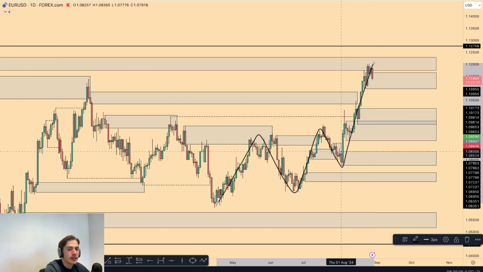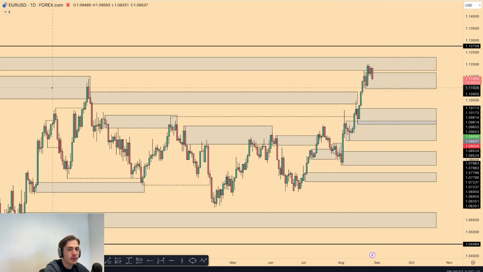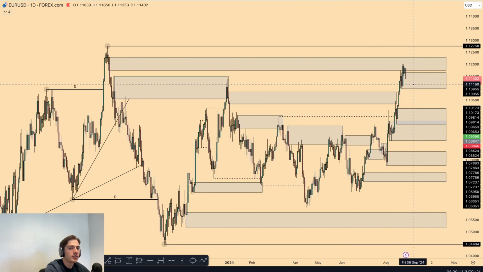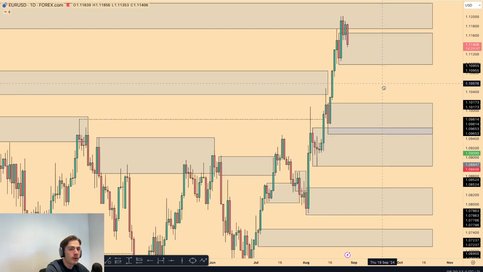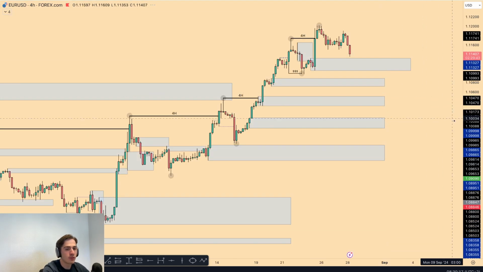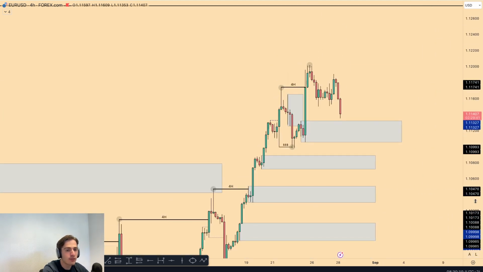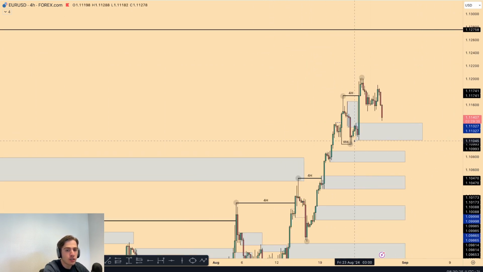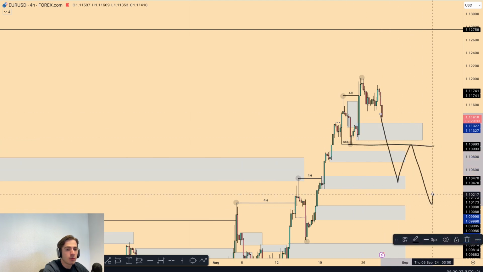And now we've had a massive sweep in towards the highs, coming in towards a higher time frame area of supply, sweeping liquidity. We're now trying to identify, okay, is the market potentially ready to pull back? So if we want to understand if the market is ready to pull back, we go in towards the 4-hour time frame. And on the 4-hour time frame, what we can identify is that the market is in an uptrend as well. And we still need to break structure if we want to see a deeper push in towards the